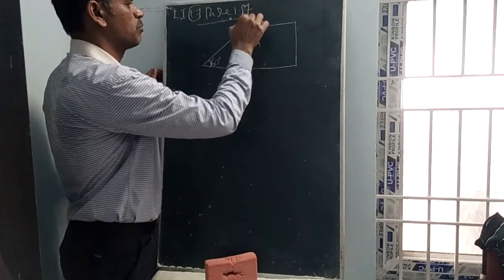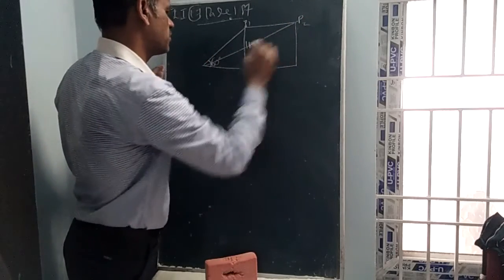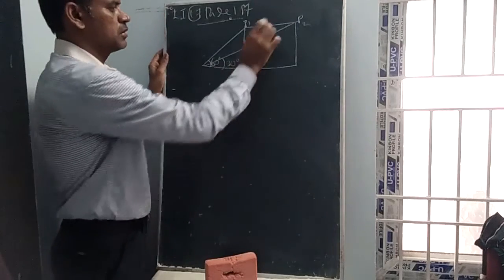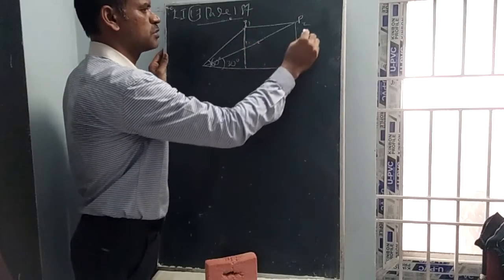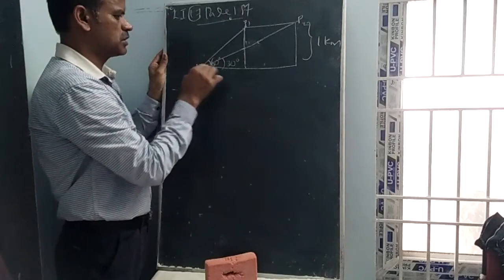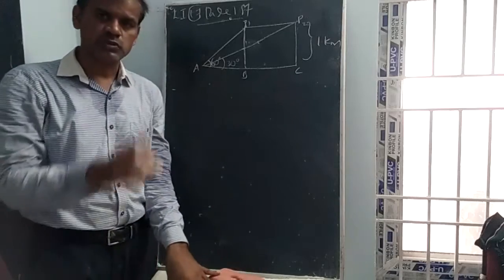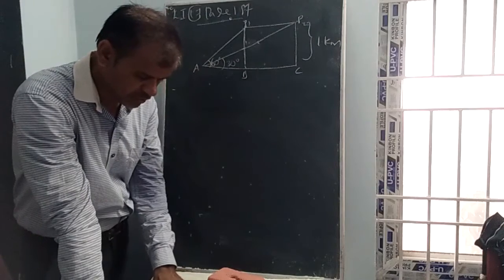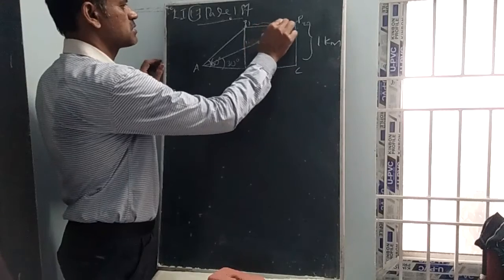This is plane position 1, and this is position 2. In position 2, the angle becomes 30 degrees. This is 1 km, I had written it, don't get confused. This is 1 km, and of course this is also 1 km. Put the names here: this is A, this is B, this is C. P1 and P2 are plane position 1 and position 2; of course, it is a single plane only. The plane takes 10 seconds between them. Here I am writing 10 seconds.